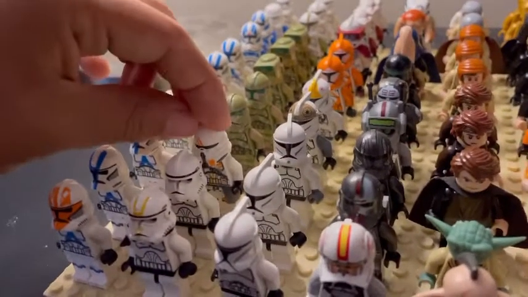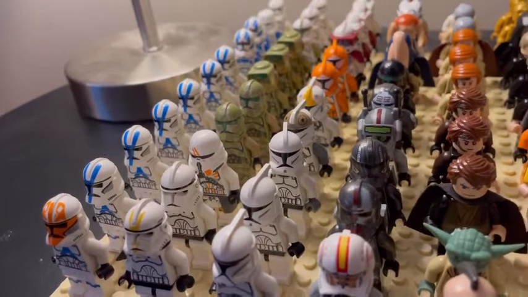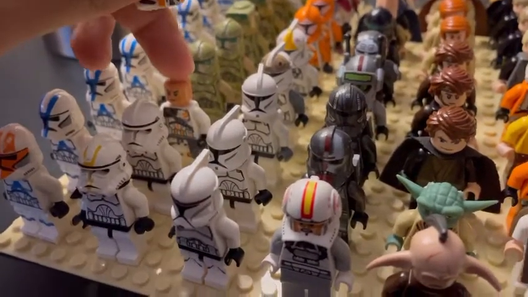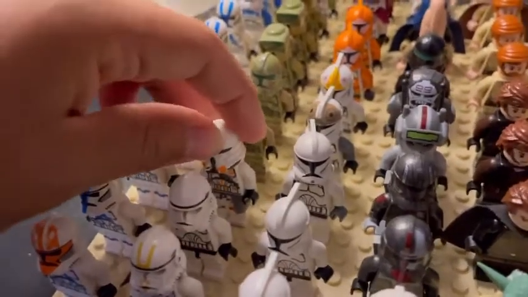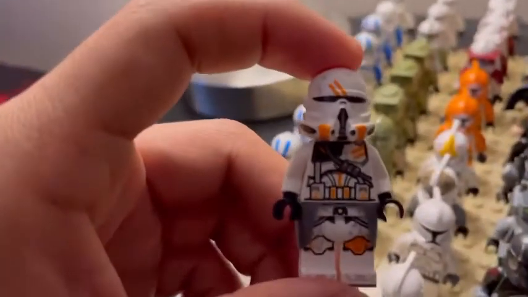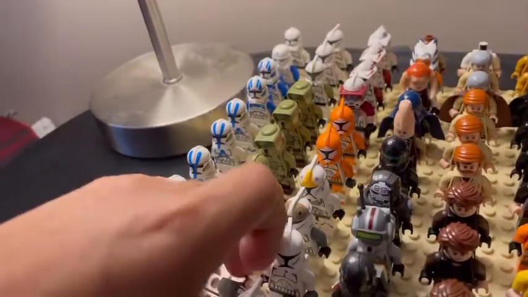Here we have the Airborne Trooper from the General Grievous Starship from either 2019 or 2020. I can't remember, but he has the updated clone face as well as the waist cape. And I think compared from the battle pack, at least, I know it's a different torso, but I think he looks really nice. I love the markings on him, and I think it will look really great with the